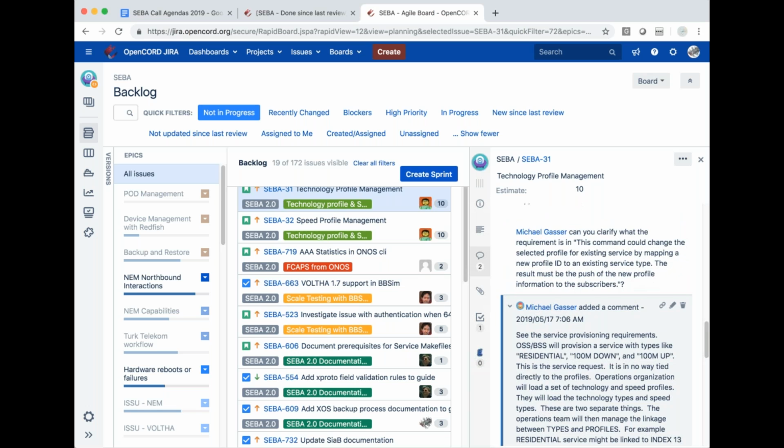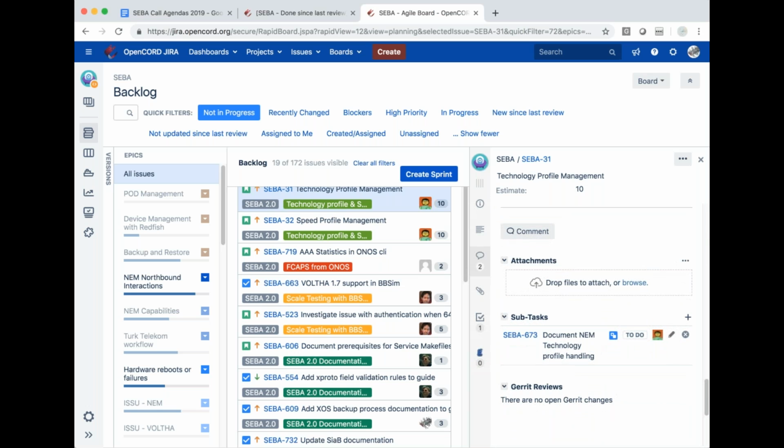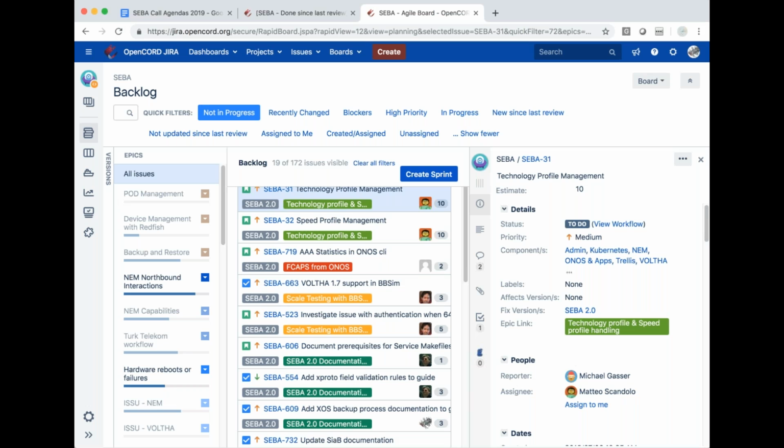Matthew Silva here. Just to add to that, one bug is still in progress, one Jira. As part of it, I am making some corrections and testing. So the updating of the cache in the subscriber, whenever a subscriber is updated or deleted. Yeah, we have a different Jira item for that. Okay, right. But we were thinking it would be part of this story, for tech profile. Yeah, it's not really for the management of the tech profile. That part we can call done. That's why it's a separate ticket. Sure. Okay. Sorry about that.